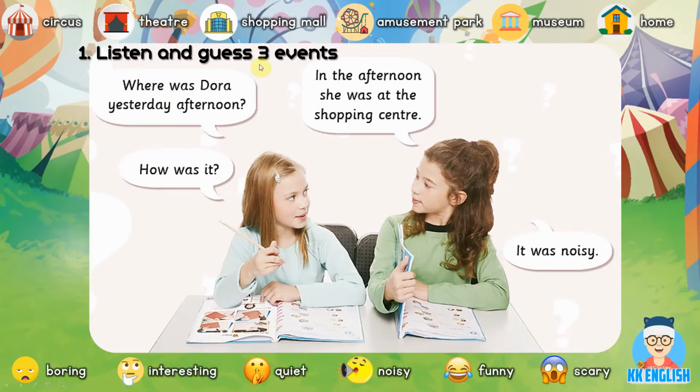我们要听，然后猜出3个以上的活动。So let's look at these 2 girls. They are talking. Let's hear what they are saying. Where was Dora yesterday afternoon? 昨天 Dora 下午在哪里呢？In the afternoon, she was at the shopping center. 昨天的下午呢，她在购物中心。How was it? 感觉怎样呢？It was noisy. 那非常的吵闹。